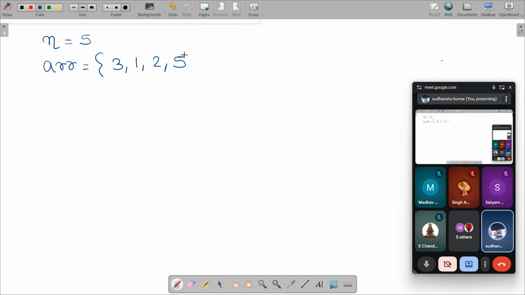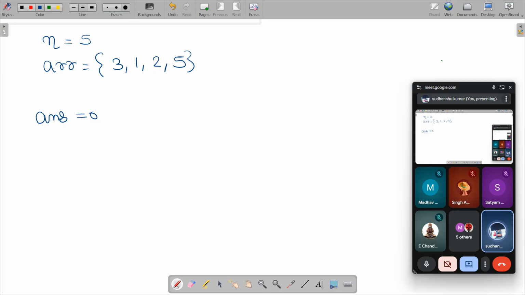So 4 is missing. I am going to start with an answer variable that will be 0. I will explain the process; please go and try to code it on your own. It's literally a cakewalk. If you have understood sliding window protocol and binary search and all those problems that we did, this should be a cakewalk for you.